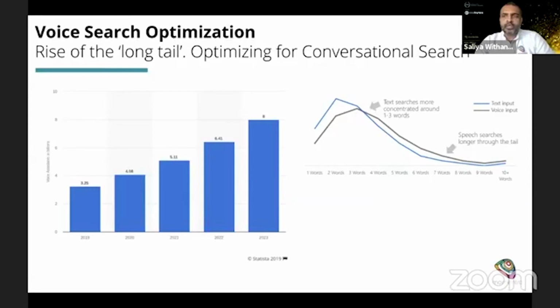How do people speak? How do people type? You need to be very contextual. Some text-based searches might be 1 to 3 words, but voice searches will be long tail. So you need to get this house in order part done at the start, so that once you start running campaigns, generating leads, you come up for the right reasons, and also your conversion rates are quite high.